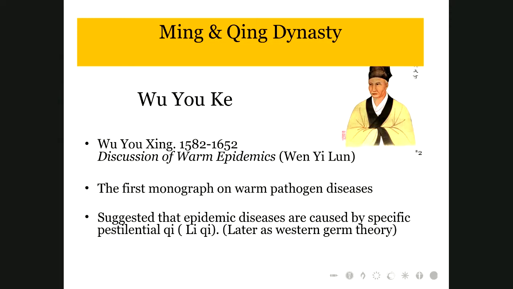Different practitioners have different angles to focus on in how they understand original Shanghan as a term. Because based on different eras, some people translate Han as cold, but Han is actually a pathogen which involves cold and heat. Wu Youke became very famous for creating a specific book discussing worm epidemics, which is the first book to discuss epidemic disease in the whole world.